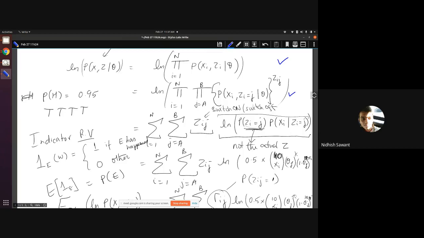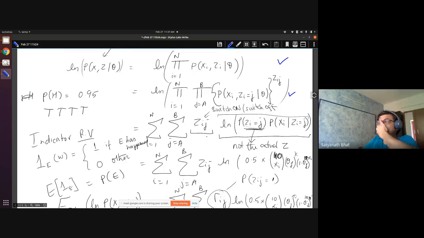Till now, I don't have any confusion because till now it's just normal algebra like ln. We're taking the ln inside. But as soon as we change that Zij into that soft assignment as gamma, that is where you are getting confused, right? Yeah. So to really understand that, let's first see this a little more carefully. So first, do you understand that this Zij equal to j will be this particular term, right? These are some Zij's. Depending upon data, this will keep changing, but this is always fixed. Do you understand that? So let me pull this out somewhere, and then we will discuss it in detail.